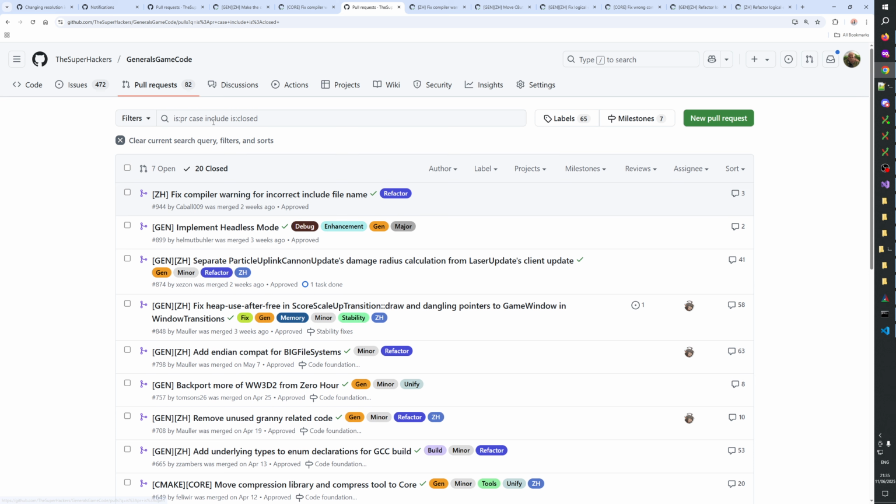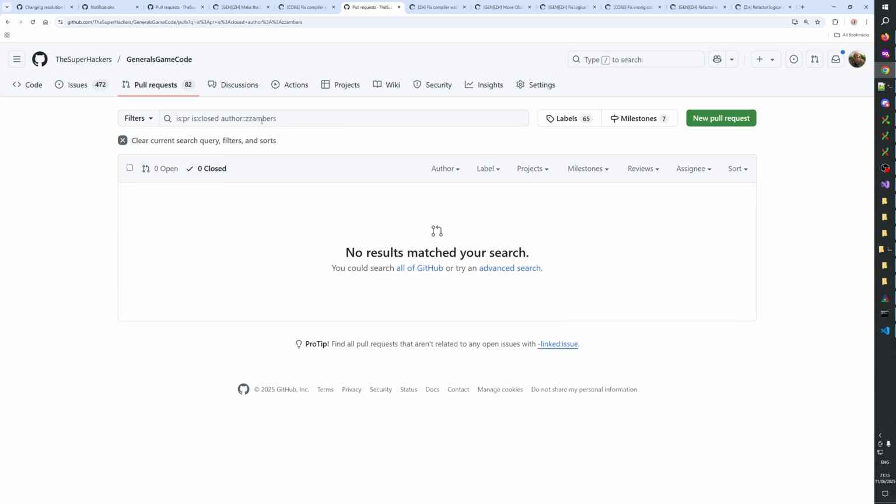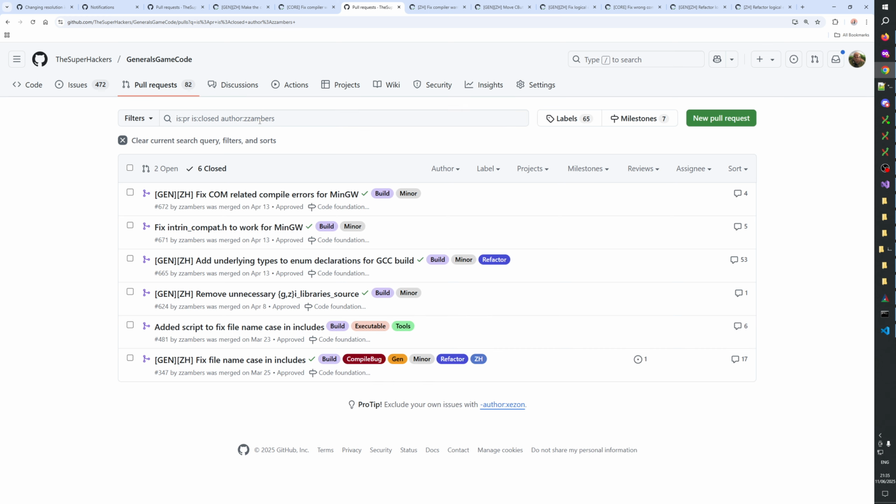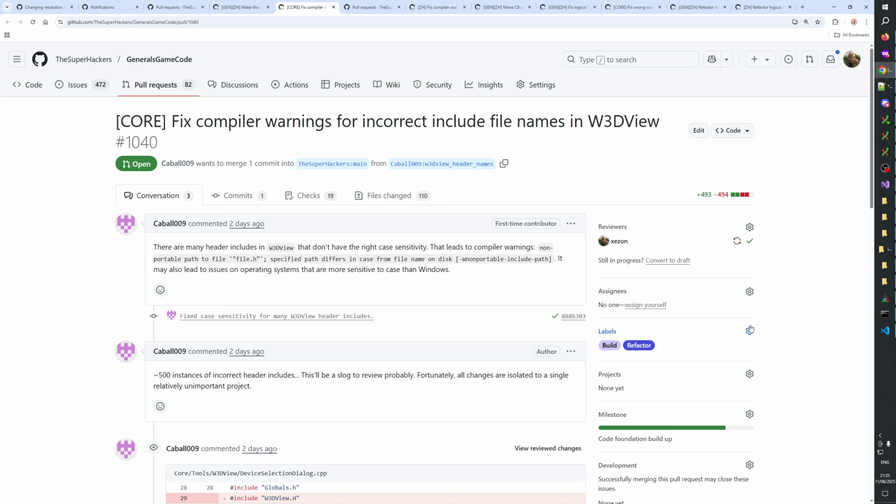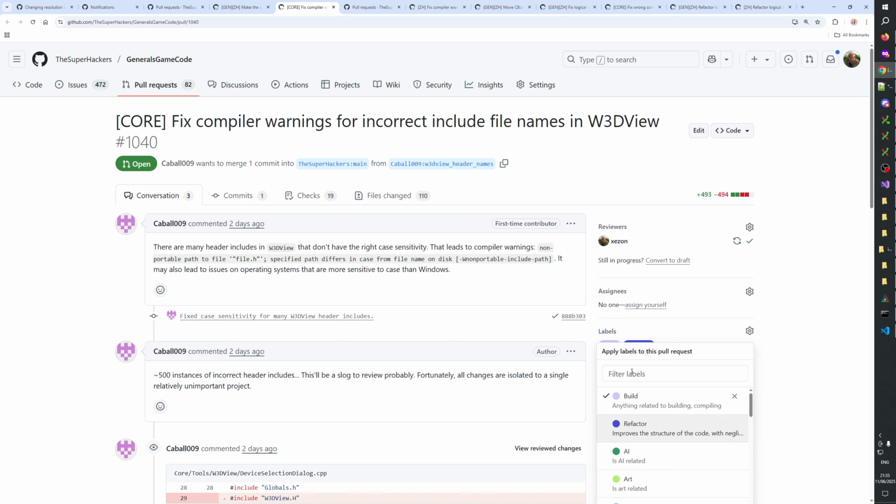I think this change was made by Zumbers. Author Zumbers. Oof. How's he written? There we go. Here. Compile bug. Compile bug refactor. Okay, then how about we say build compile bug and